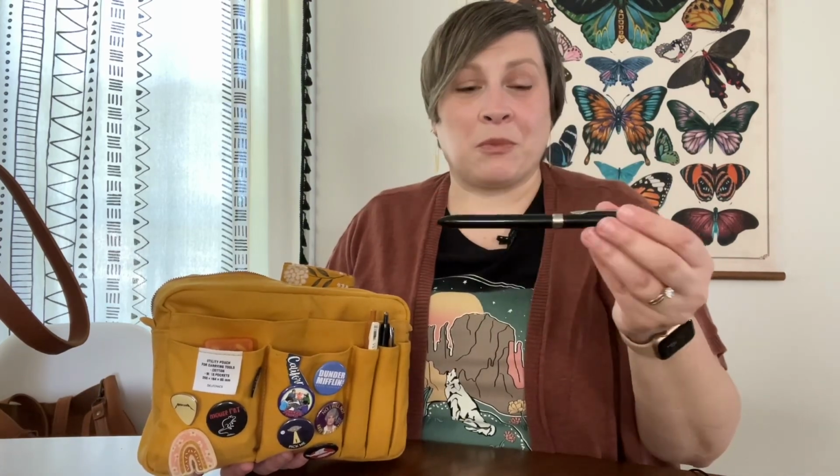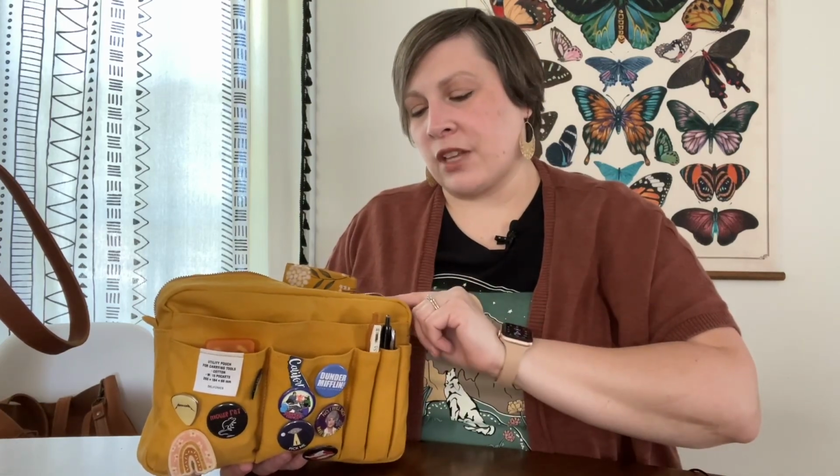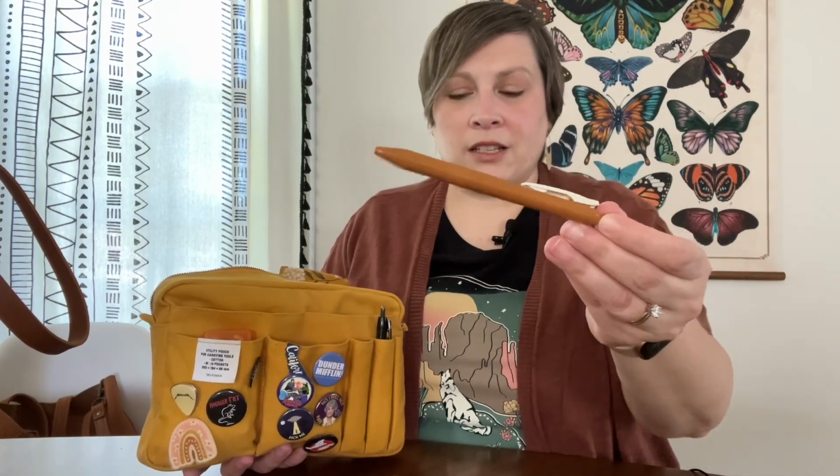I take it up to 0.7, and this is like a ballpoint hybrid. I keep my two, there's a taupe color and a black color that I own, and I just keep them both with me, one in my planner and one in my pouch in case I want to switch colors. This is a Sarasa Vintage clip pen, and this is in the ochre color, I believe,